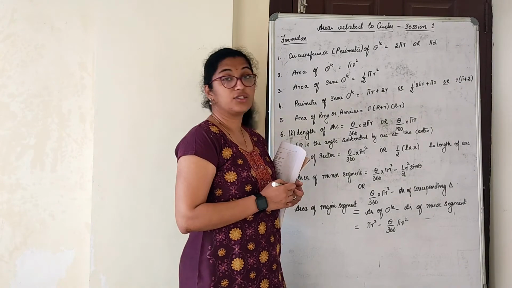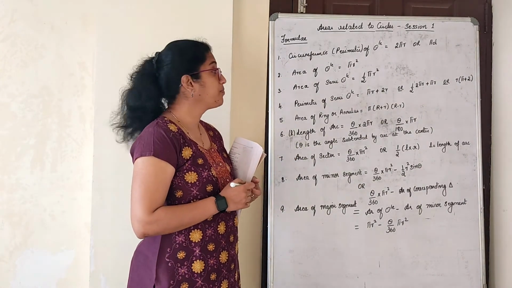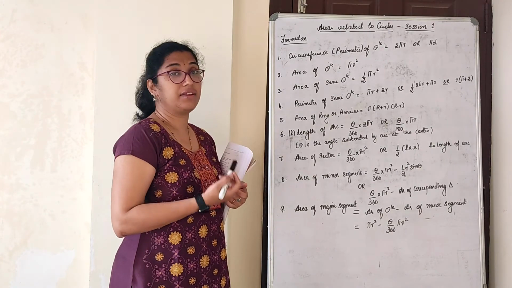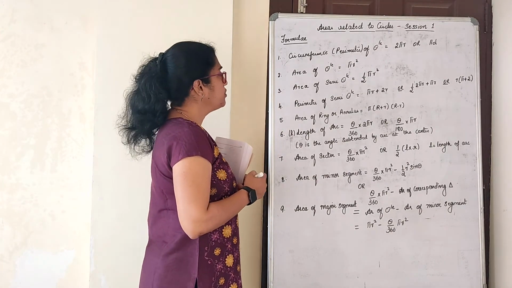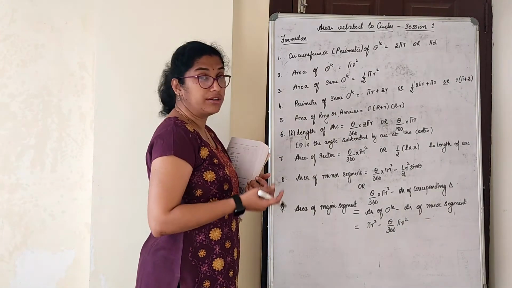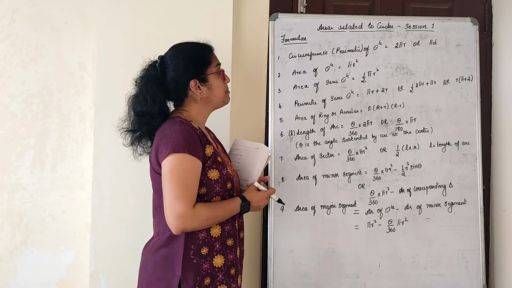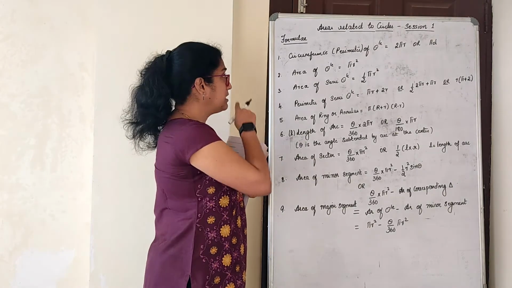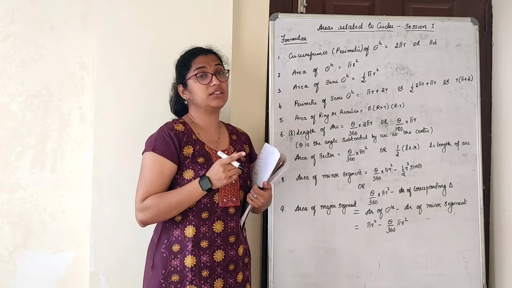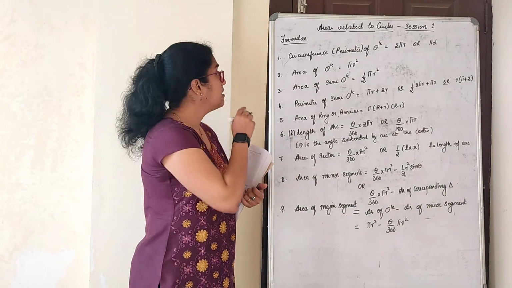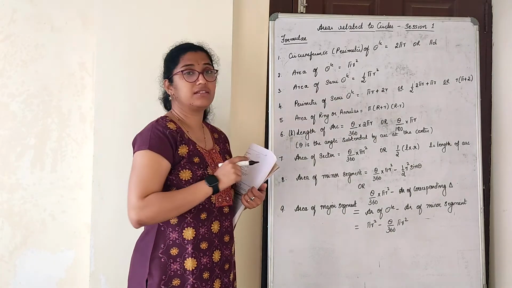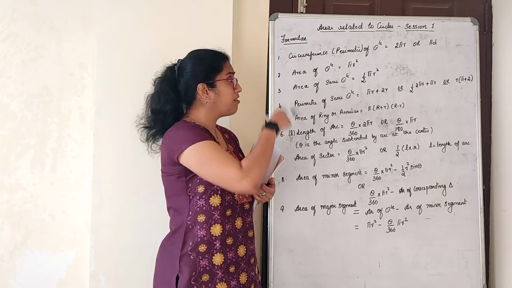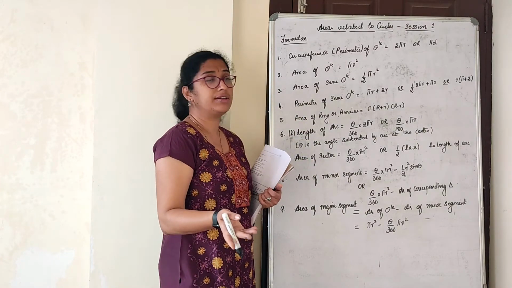So these are the list of formulas with respect to the chapter. Now, a few I have written, there are a few more. I'll just explain this and then we'll write a few more things. The first few are very basic, which you already know. Circumference, that is the perimeter of a circle, is 2 pi r or pi d. Now we all know that areas are always measured in square units and perimeter, circumference, its length, is always measured in its respective units. I have not written units anywhere, which we already know.